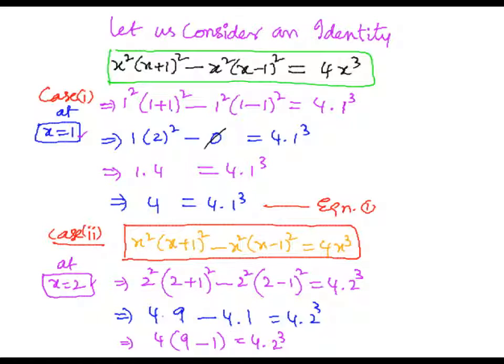So here that implies 4 into 9 minus 1 is 8, that is equal to 4 into 2 cube. So here also there is 4 into 2 cube value. So 2 into 2 into 2, that is 2 2s is 4, 4 2s is 8. So here both LHS and RHS are equal. So we can assume this as equation number 2. Then now case number